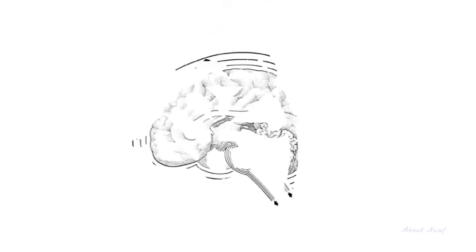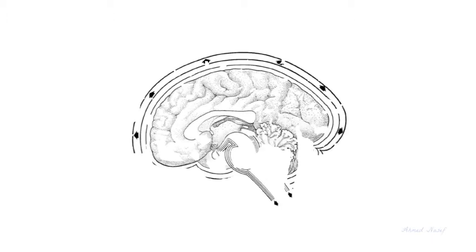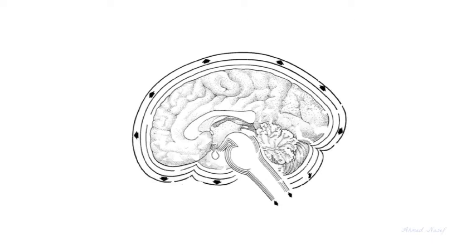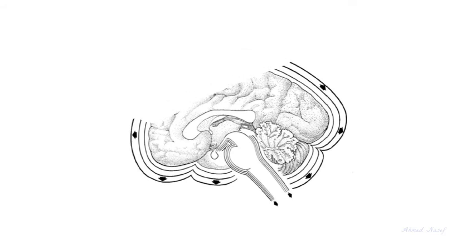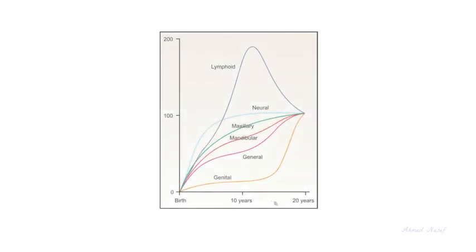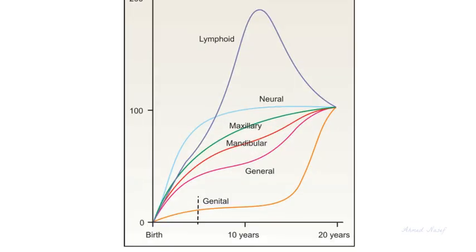Moving on, so you might ask why the first stage is actually up to 6 years of age. And this is related to the neural growth pattern. And let me clarify this part. So the push force that we have just talked about in the first stage is a result of the expanding brain. And remember that the brain growth follows the neural growth pattern. And if we take a look at the growth curve, we will find that the brain almost attains 90% of its size at age of 6. That's why after this age, the force becomes minimal.